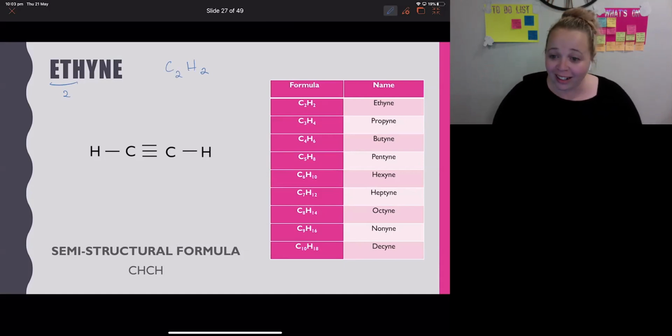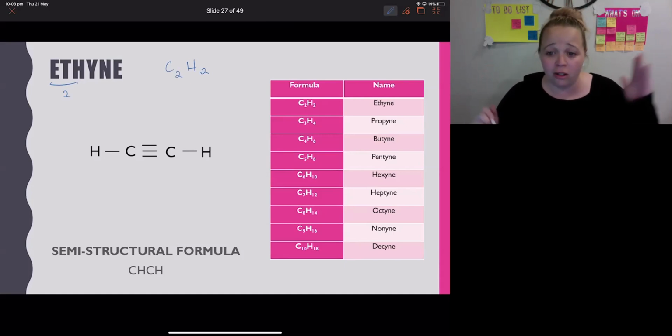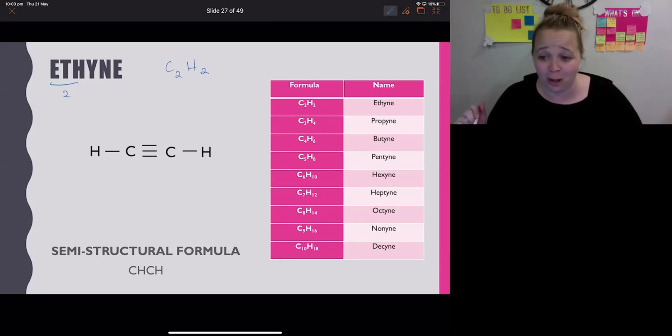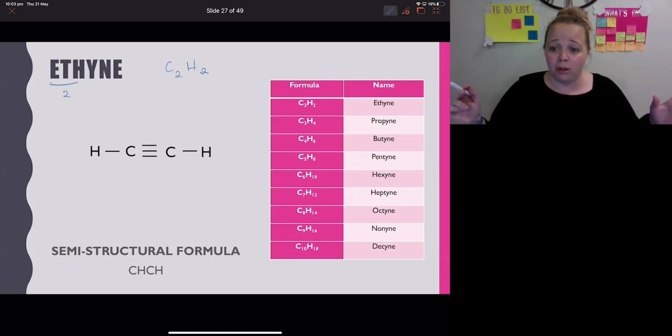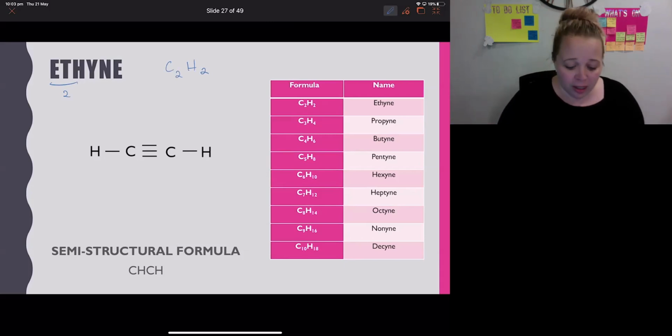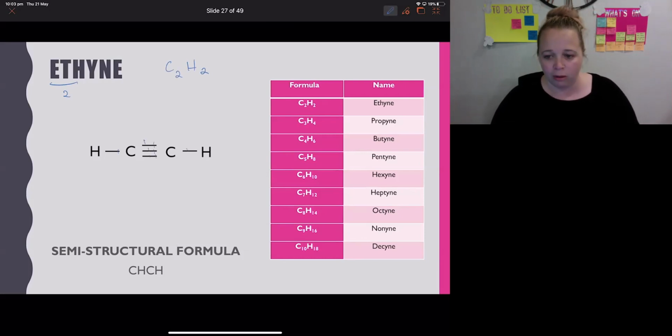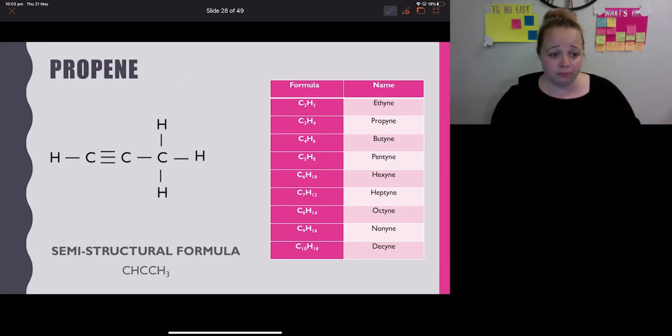So we draw down our carbons, carbon 1, carbon 2. There has to be a triple bond. There's only one spot for it. It goes smack bang in the middle. And then we fill up the bonds at the side. Each one of these carbons has 1, 2, 3, 4. Yep, this carbon has 1, 2, 3, 4. Fabulous. We're all happy. Our semi-structural formula is going to be CH